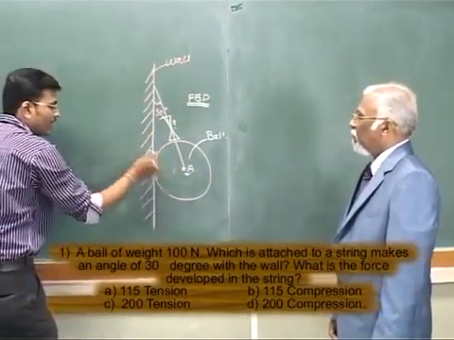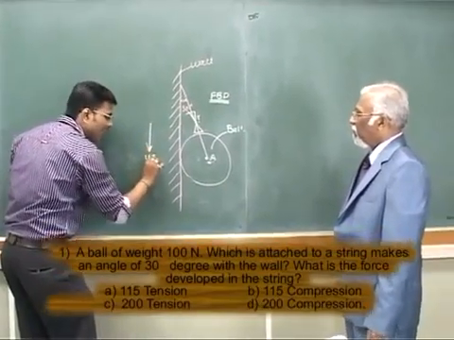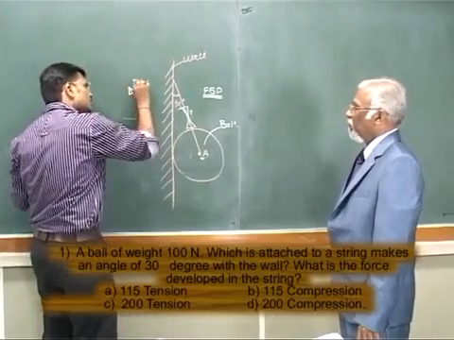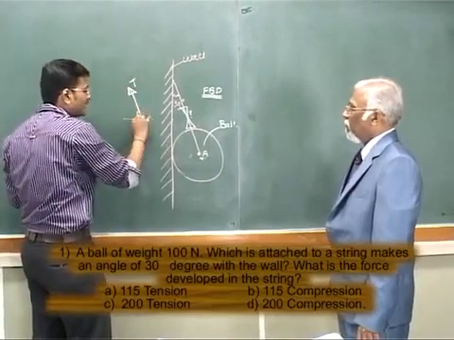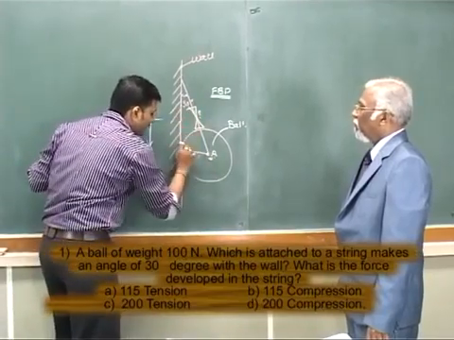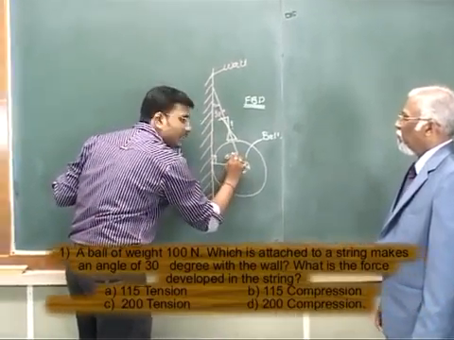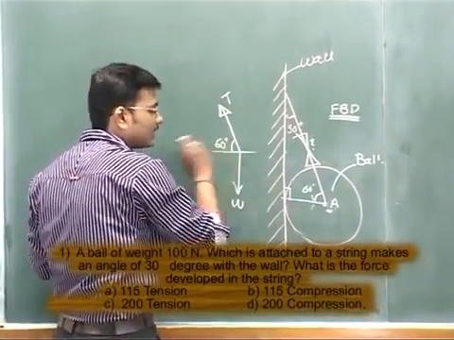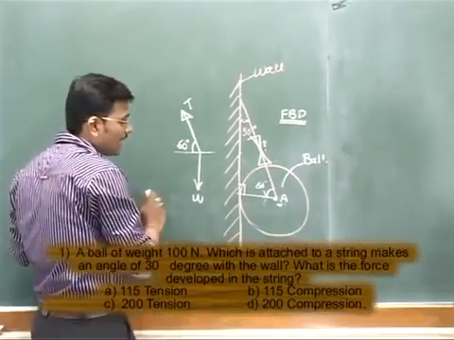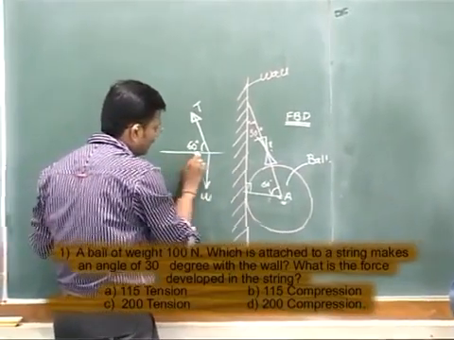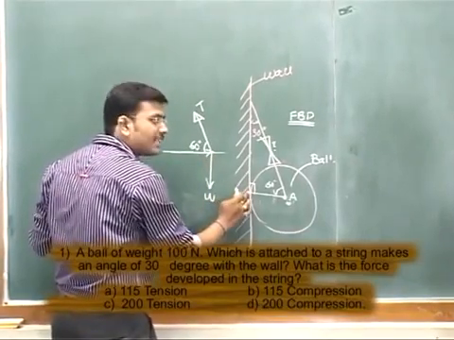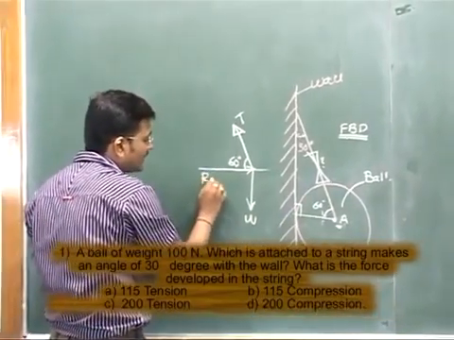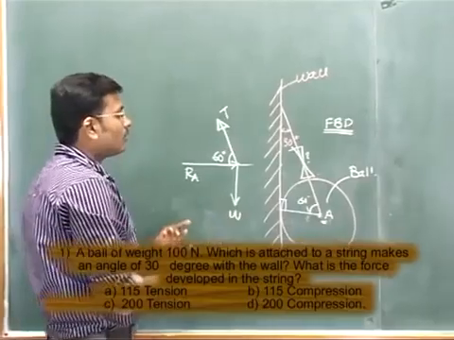So the free body diagram for A will be the weight component which is acting in the downward direction. Second will be this tensile force, let's say T, which makes an angle of, since this is 30, this will be 90, this will be 60 degrees. So 30, 60, 90, the addition will be 180. So this makes 60 degrees with the horizontal. And the third force which is acting is the reaction developed at this point when the ball is in contact with the wall. So the total reaction I will say is RA. So this is now your FBD.